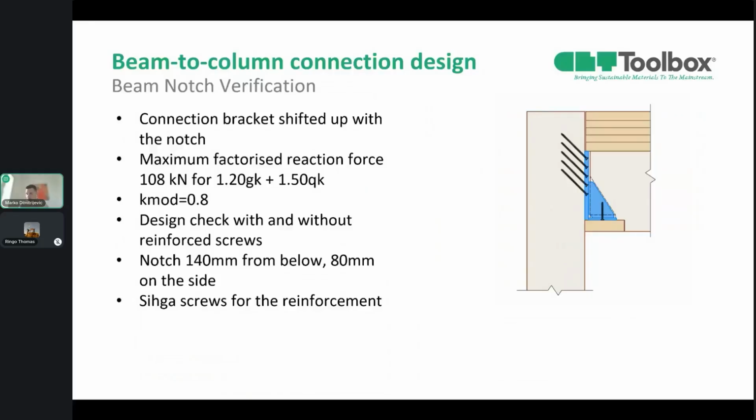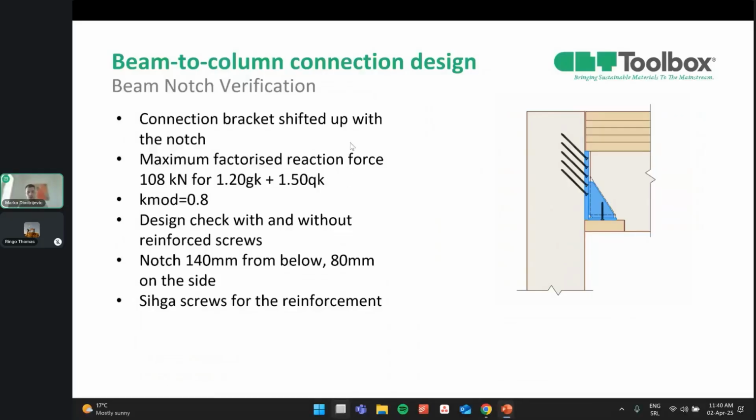In this case, we'll have to shift the custom steel bracket up, having a beam notch. We'll have the same maximum reaction force as on the previous one, of course, and we'll have this verification with and without reinforcement. So first we'll try without reinforcement, and then we'll see if we need reinforcement. So we'll go back to the app,